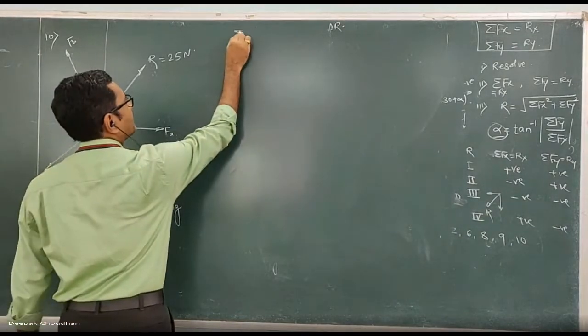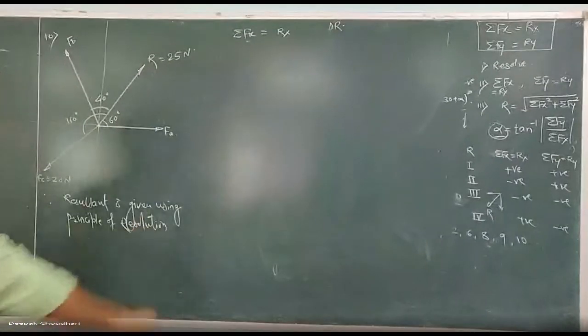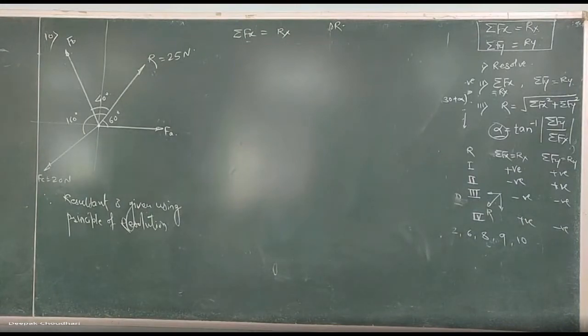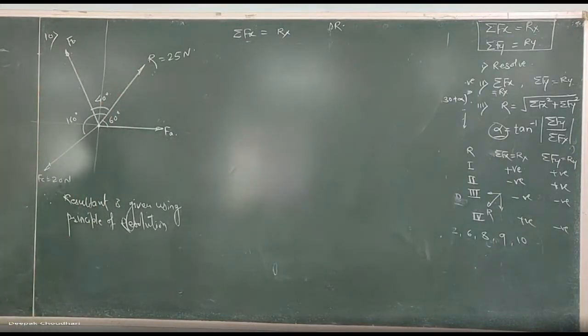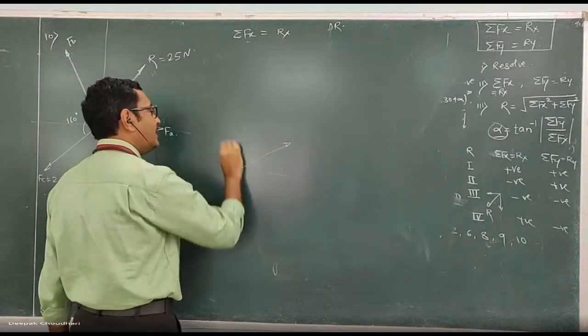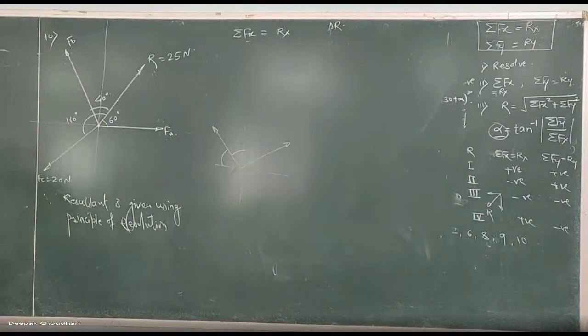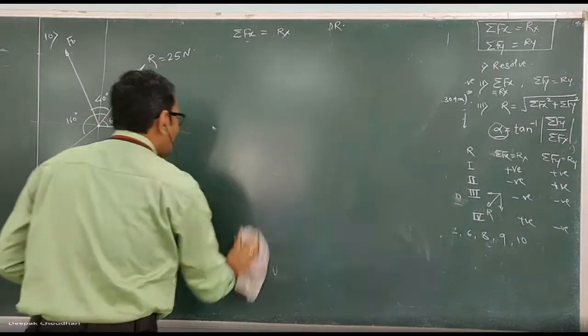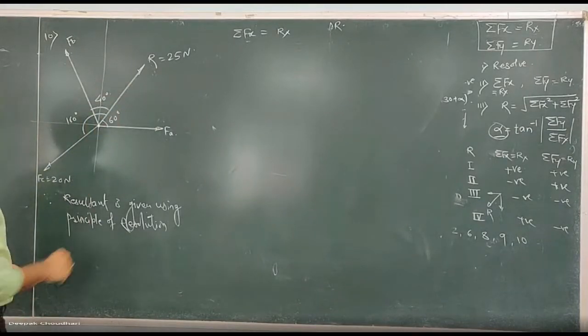We'll use the principle of resolution along the x-axis, that is summation of Fx equal to Rx. So on the left hand side, write down the summation of x components of all three forces, and on the right hand side equate it with the x component of the resultant. So for that we have to resolve the forces. Clear? I already told you that when we resolve the forces, you should know the angle made by the line of action of that force either with vertical or horizontal. Now here the inclinations of all these forces are given with respect to the force R and not with respect to the x or y axis. Okay, clear?